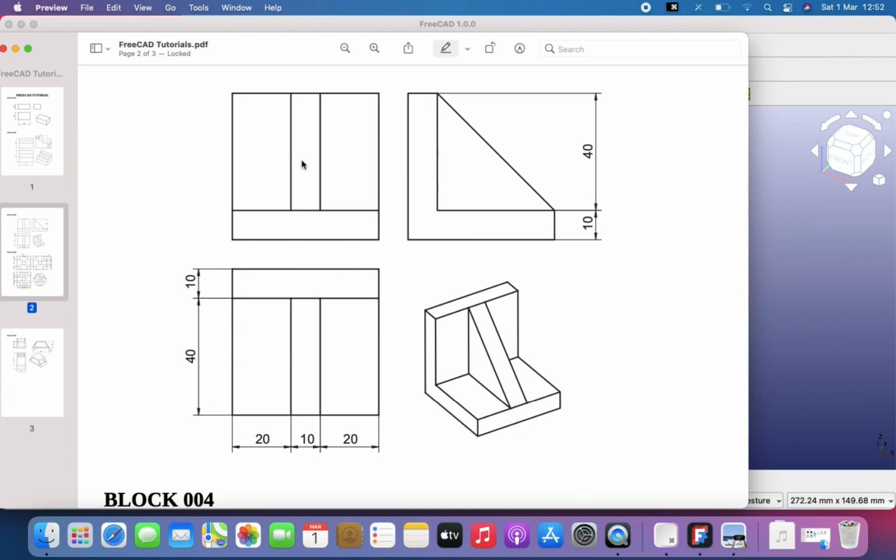So this is like the front view if we look at it from this side, and then this is the side view if we look at it from this side, and then this is the top if we look at it from the top here. So we know that the length from here to here is 40 plus 10, which is 50 millimeters. That's length from here to here. And then we know that length from here to here is 20 plus 10 plus 20, which is 50 millimeters as well. So I guess I will start with, okay, I could actually start with a sketch of this L